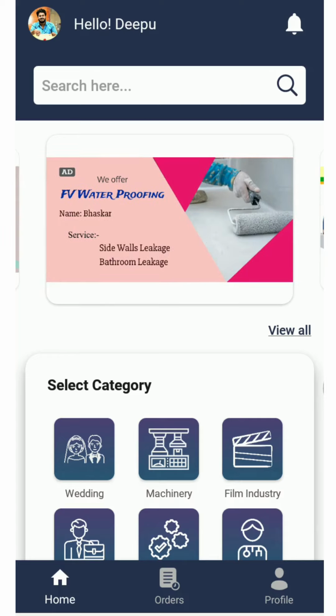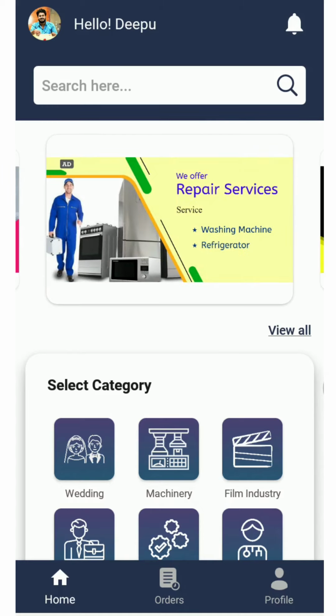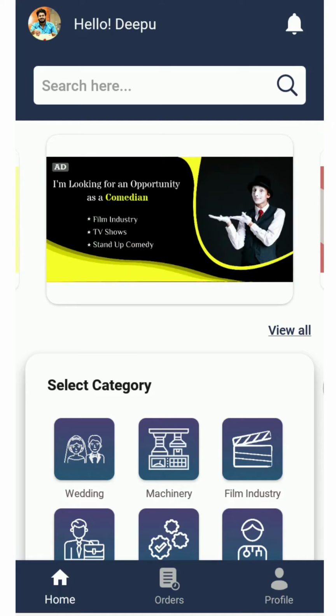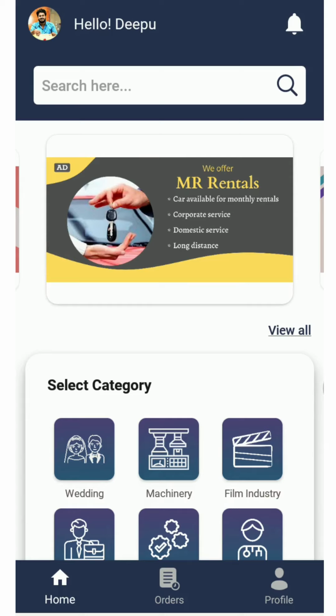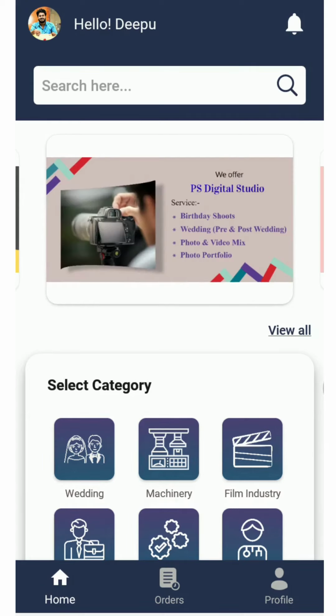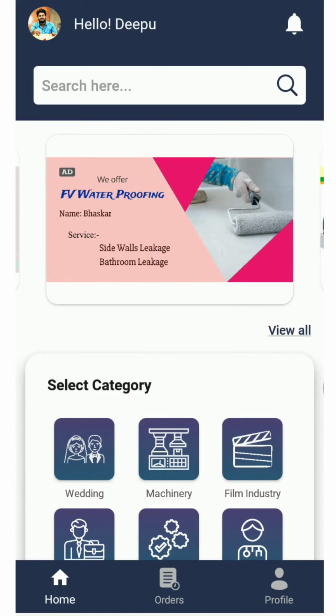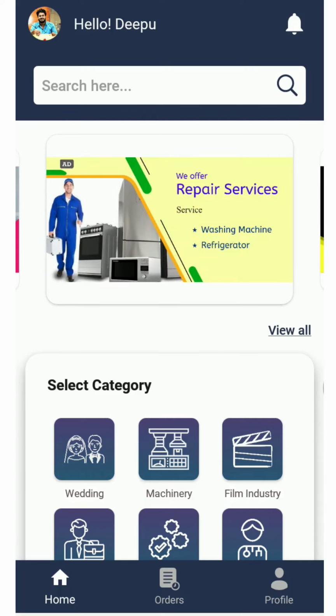Or if you are providing any service to a limited city, in that case also you can turn your need into an ad and you can showcase it to the people within a limit of a city. Or if you are looking for a job and you wanted to showcase your requirement to the people in the Connect Your Need app, you can simply do that.